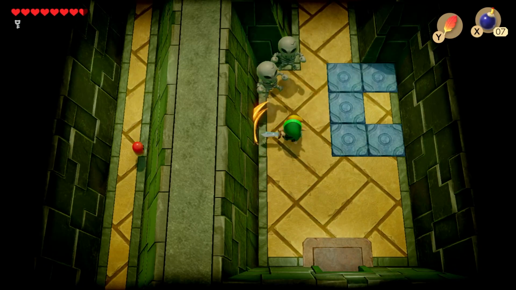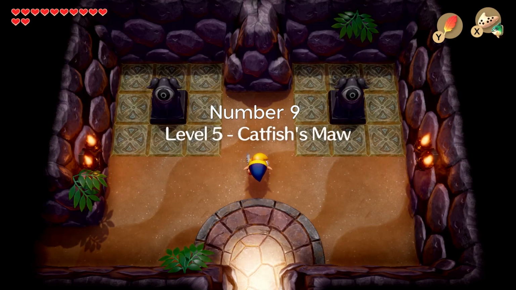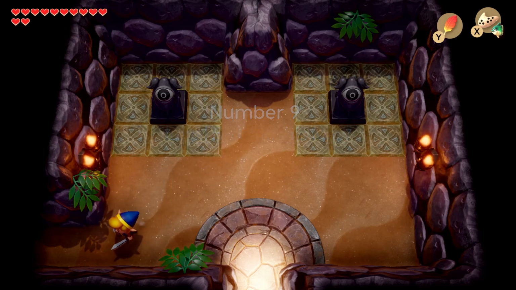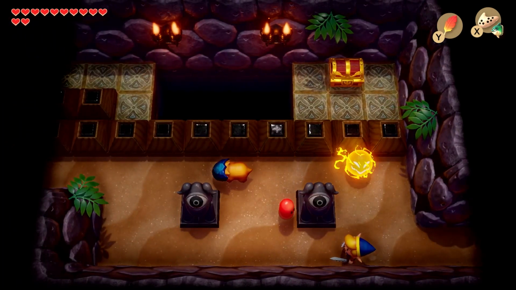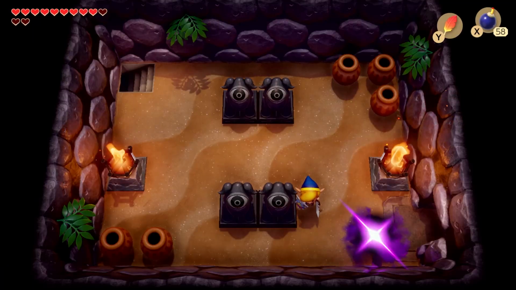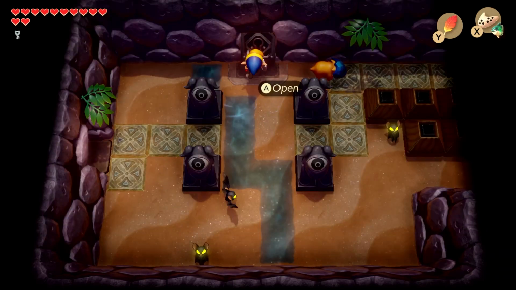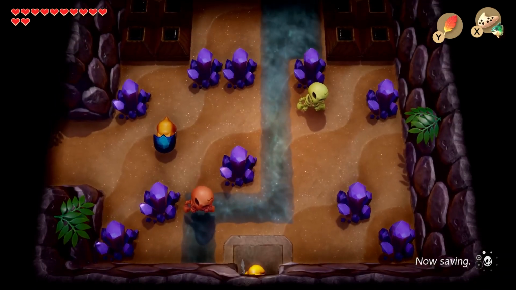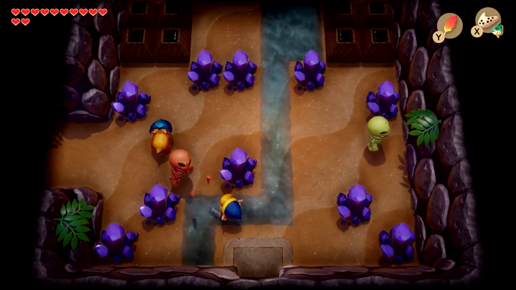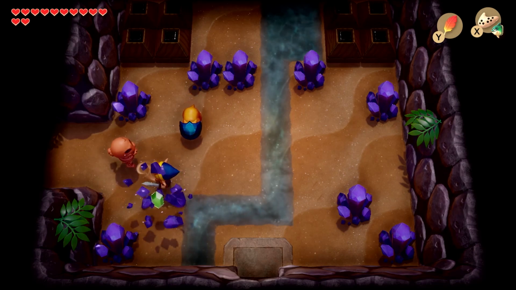Coming in last place, I'm about to offend every single Zelda fan ever. We have number 9, Catfish's Maw. When I rank dungeons, I have to take into account the enemy variety, aesthetic, puzzles, and challenges. In Catfish's Maw, while I think the aesthetics work really well and the enemy variety is great, there's one major factor of this dungeon that really halts my enjoyment,